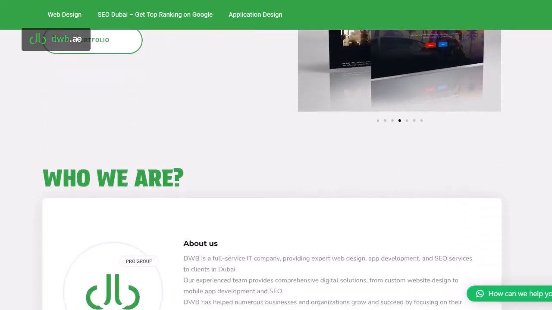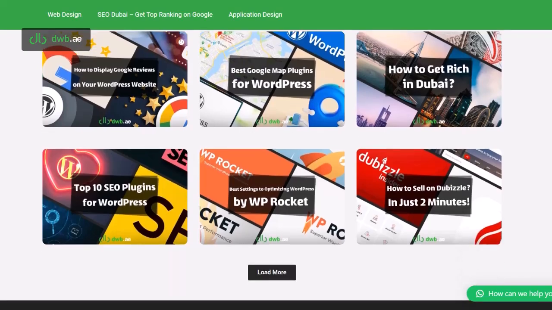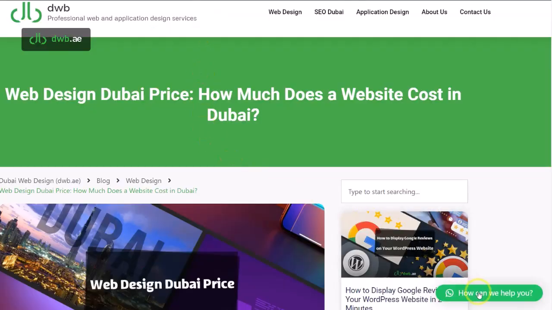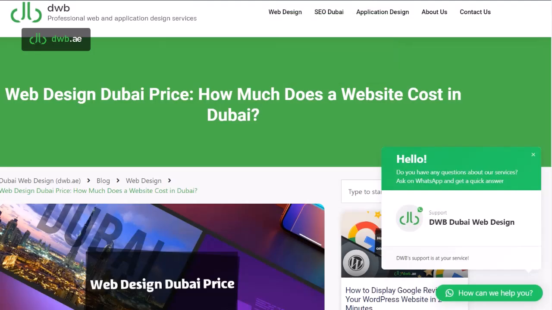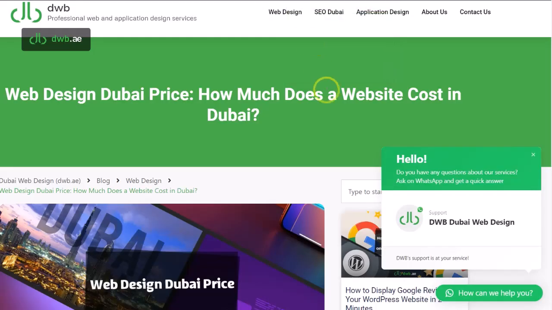By adding tools like WhatsApp chat buttons, we help businesses build stronger connections with their customers and elevate their online presence. In this video, we'll guide you step by step on how to add a floating WhatsApp chat button to your WordPress website using one of the best plugins available. Whether you're managing a small business or a large enterprise, this feature will help you provide better support, boost satisfaction,